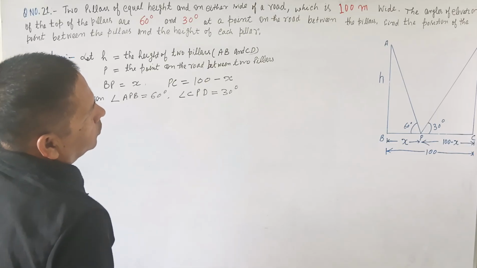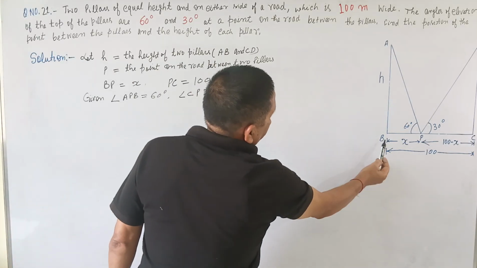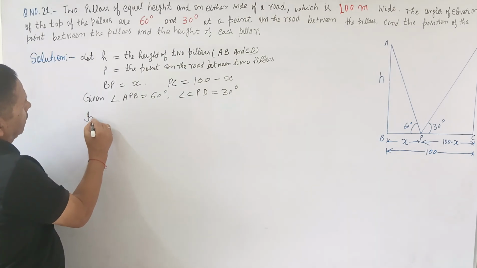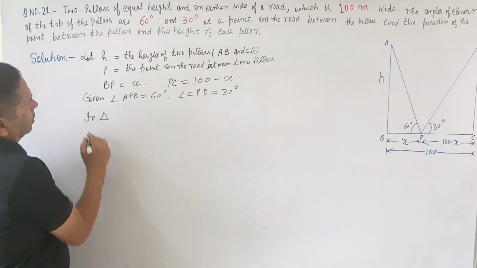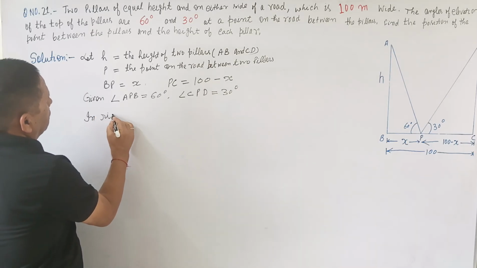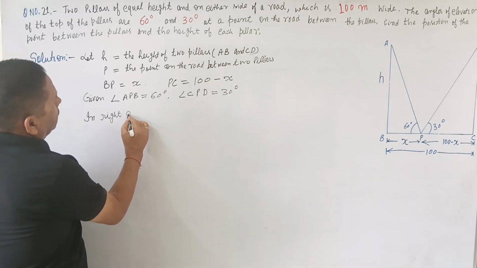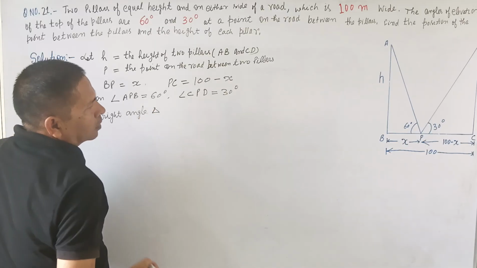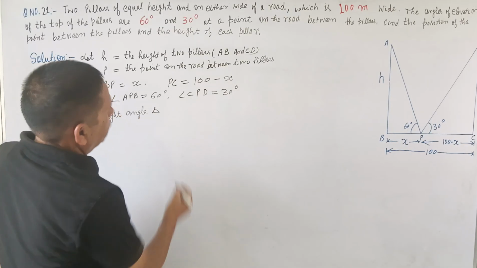Now we will consider first triangle ABP. In right angle triangle ABP,